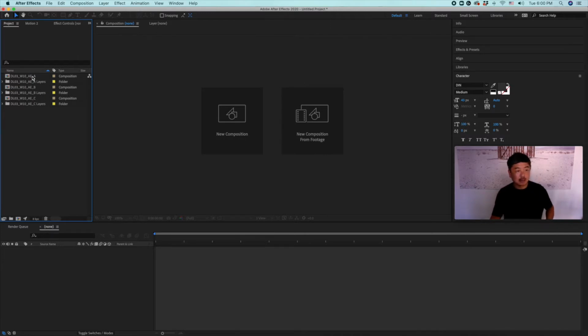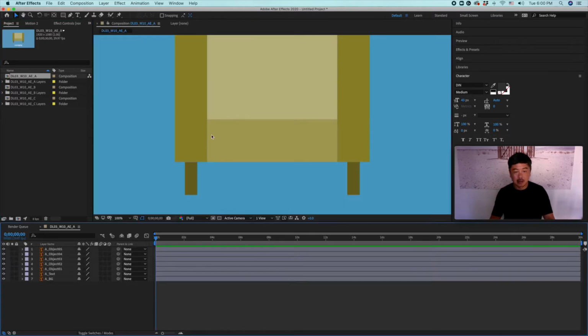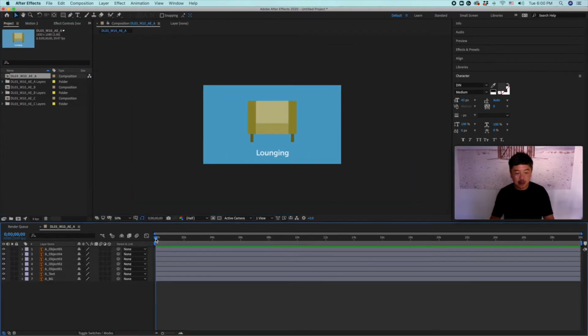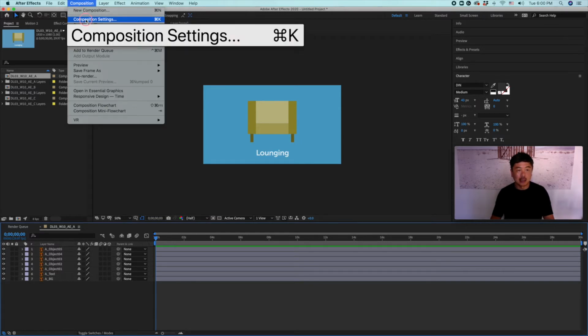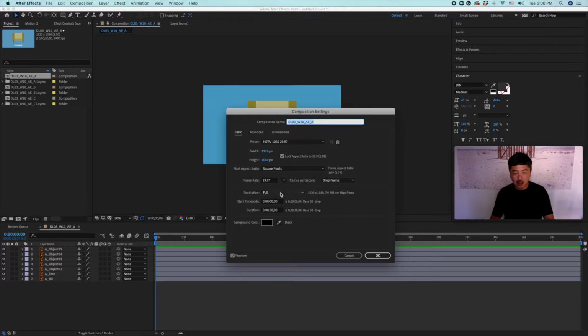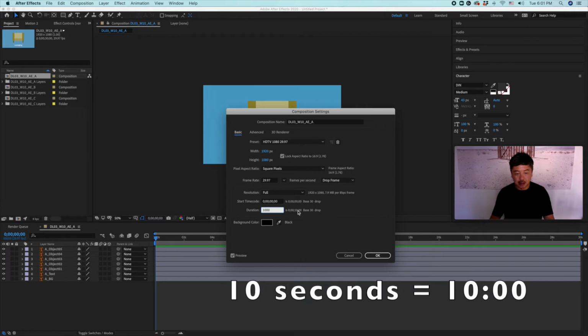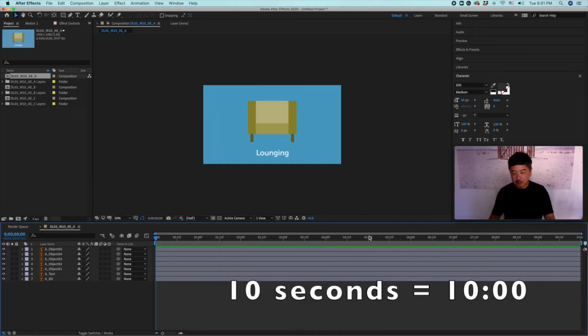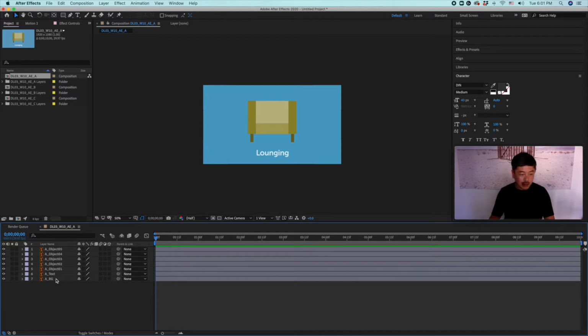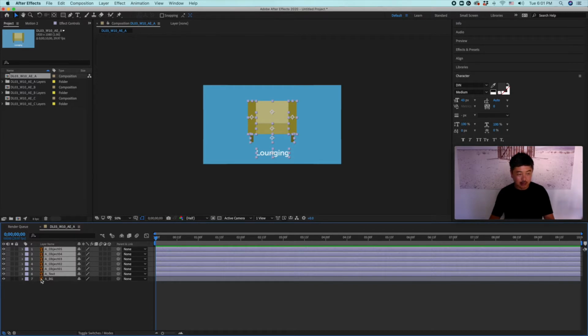First, if I double click composition A, this is already a composition that is 1080p, and all of the layers are laid out here, which is really nice. First thing, go to Composition Settings and change the duration to 10 seconds. So 1000, that would make it 10 seconds. Now we can click on all of these objects except for the background, which you can just